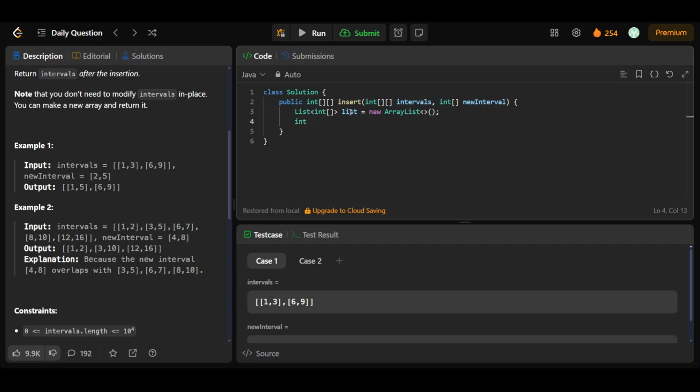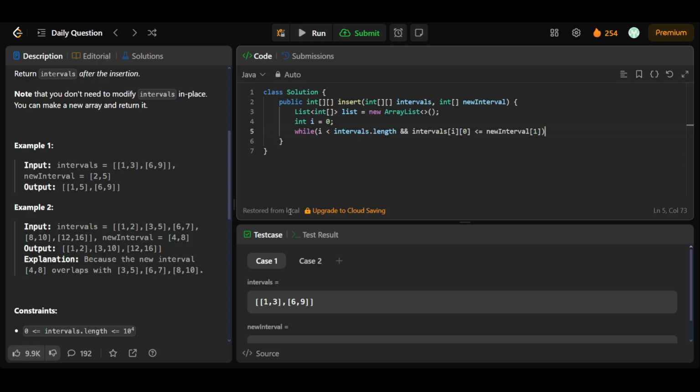Now let's have an index i that will be iterating over the intervals array, while i is less than intervals.length and intervals[i][1], the ending point of the interval,